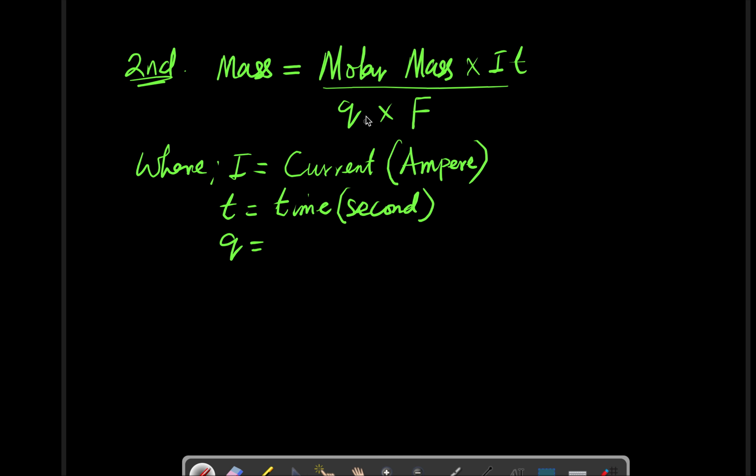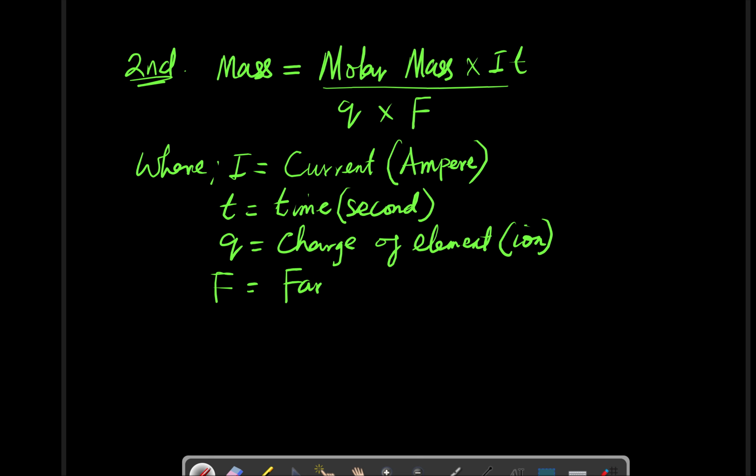Now, what about Q? We are seeing small letter q here. This particular q stands for charge of an element or ion. If you're given a charge on an element or an ion, that's what this q stands for. Then F, of course, I've mentioned before that F there is not for force. It's actually for Faraday. Faraday has contributed a lot of constants in different topics. So this is Faraday's constant, and the value is